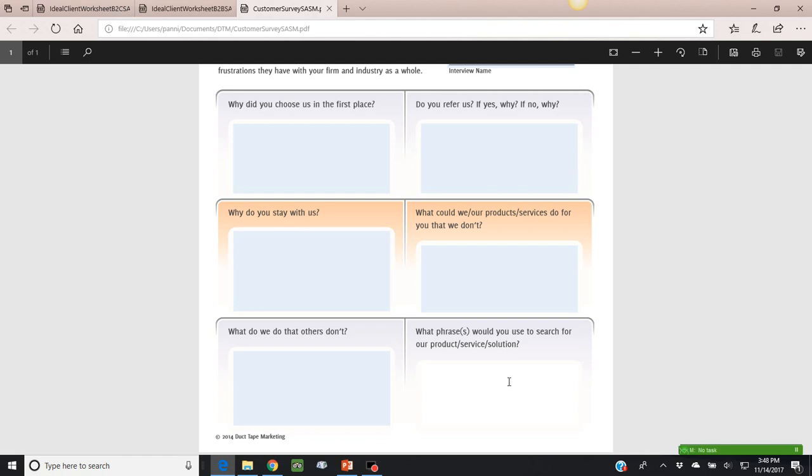If you can, you might want to do this instead of sending this document. You might actually want to do this over the phone with people. I actually find getting them talking is helpful, and I can ask questions like, "Oh, really? Why would you say that?" Or why did you search for that? Or how did you find me? When somebody referred them, I always ask, really, when they referred you to me, what did they say? And they'll be like, oh, well, they said that you're really good.